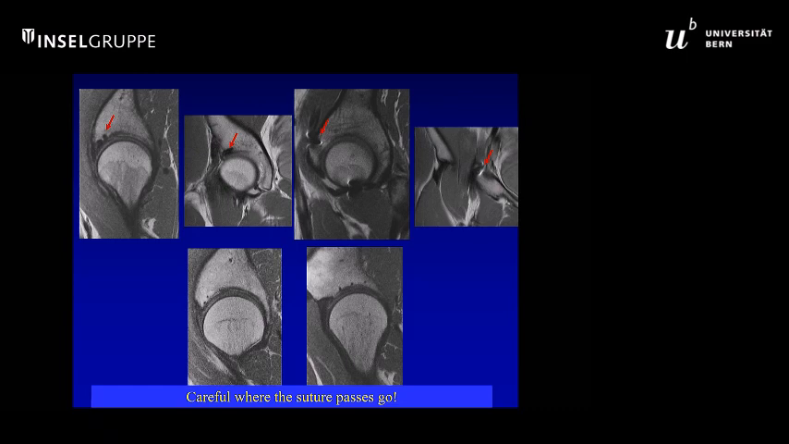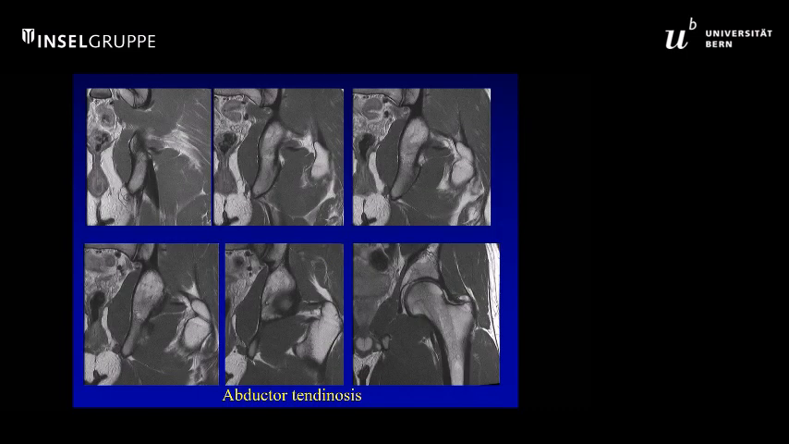You can see that nice purchase close to the tide mark, but not violating into the joint proper. Of course, we always want to evaluate the extra-articular portion as well. Abductors, we follow the piriformis here. We can follow the short external rotators, posterior footprint of the gluteus medius, anterolateral footprint, and close to the gluteus